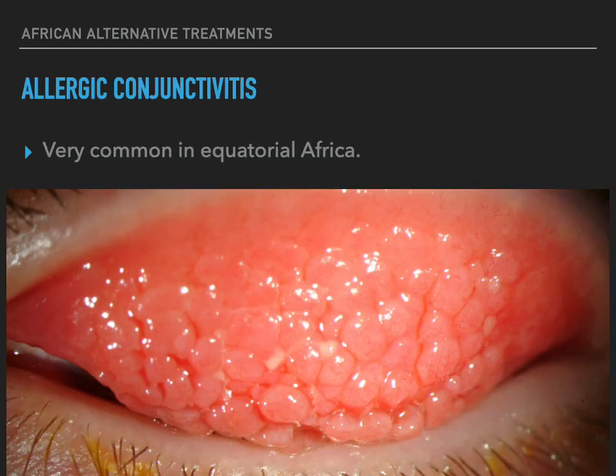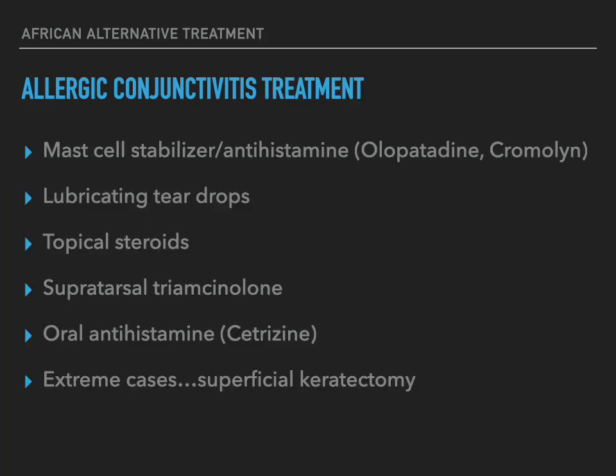Allergic conjunctivitis. Well, vernal allergic conjunctivitis is very common in equatorial Africa and often leads to visual disability. Our first-line treatment is using a mast cell stabilizer or antihistamine and lubricating drops. For more moderate or severe cases, we add topical steroids or even supratarsal Kenalog. But patients here are at great risk of steroid-induced glaucoma because they have access to steroid drops at any local